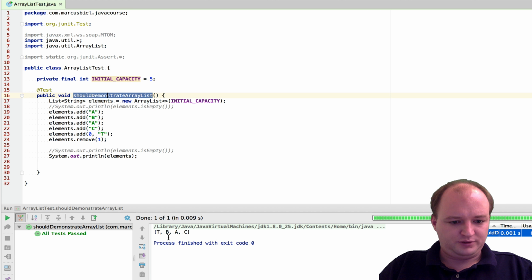And there it seems I am wrong because the a is still there. The b is still there. Let us see. Well, of course, because it's a bit confusing. As I added the t at index position 0, a is now index position 1, and this one was removed. So removing by index is always not so easy.